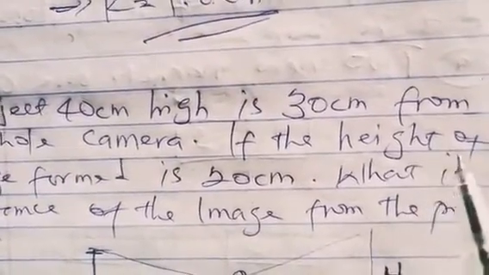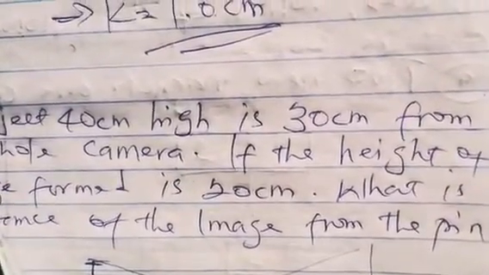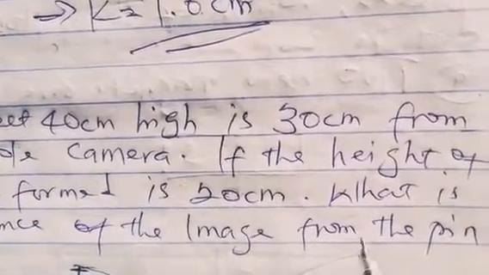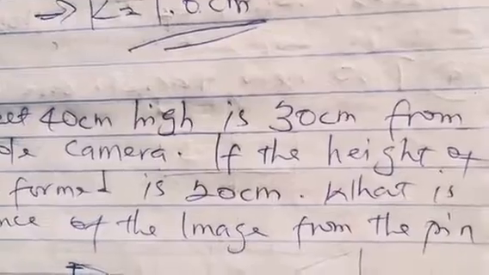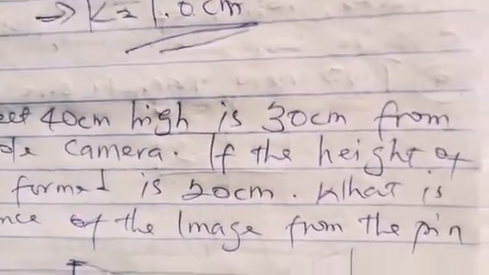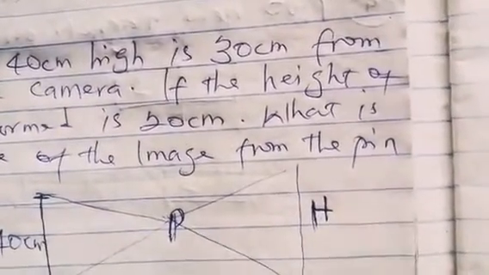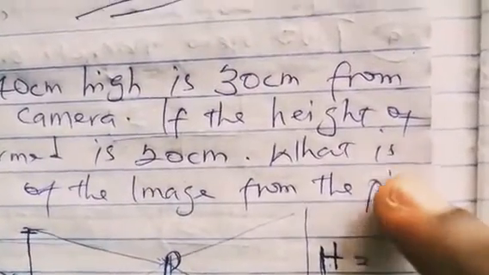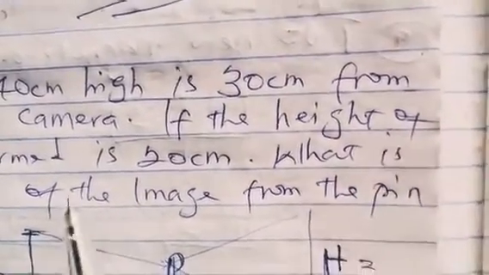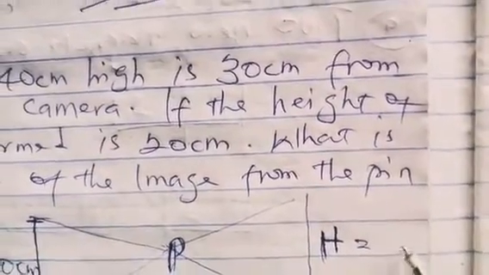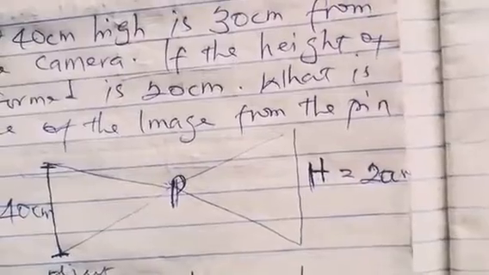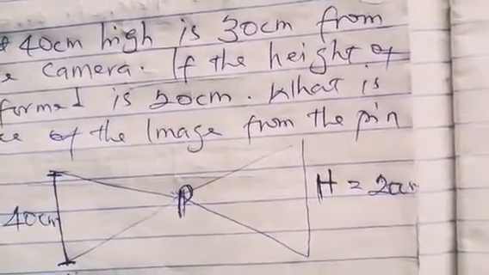If the image formed is 20 centimeter, what is the distance of the image from the pinhole? The distance of the image is what we don't know. The image height is 20 centimeter, but the image distance is what we don't know. So let's use di